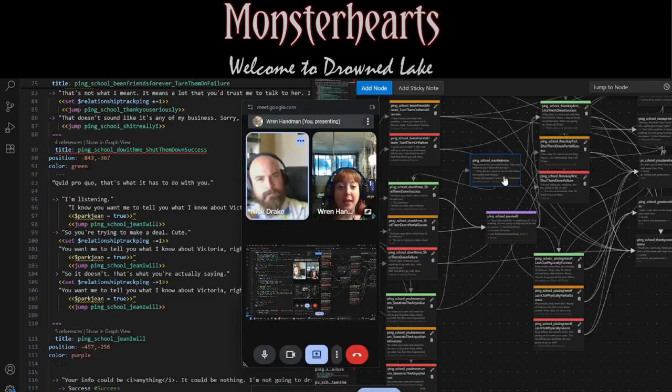So we can create these sort of very complex interweaving pathways where things split apart but also come back together, and where you can sort of get a path through here, or you can get a path going this way and this way and this way and kind of winding up in the same place, so that we can create a really naturalistic flow to the conversation and make sure that there are enough options available to the player